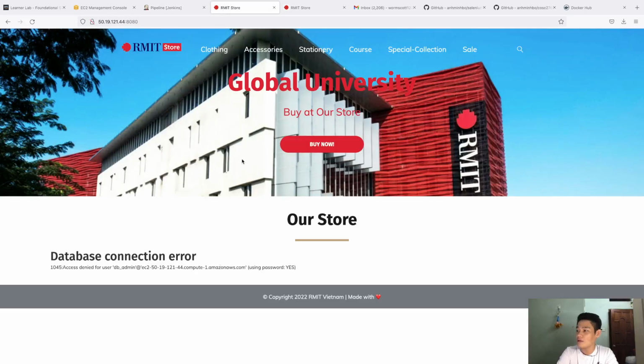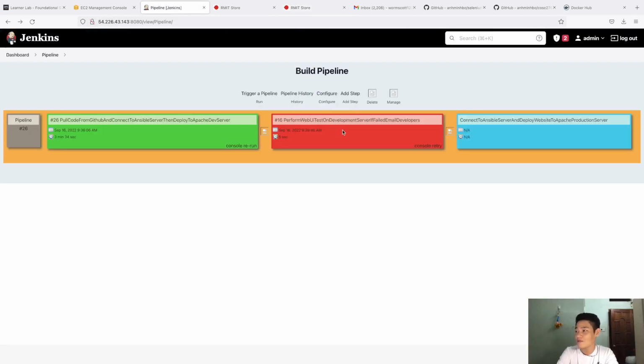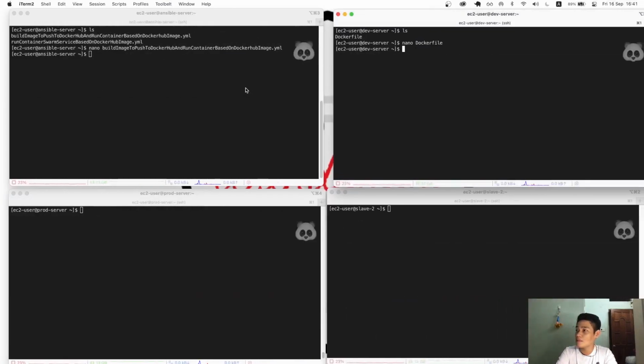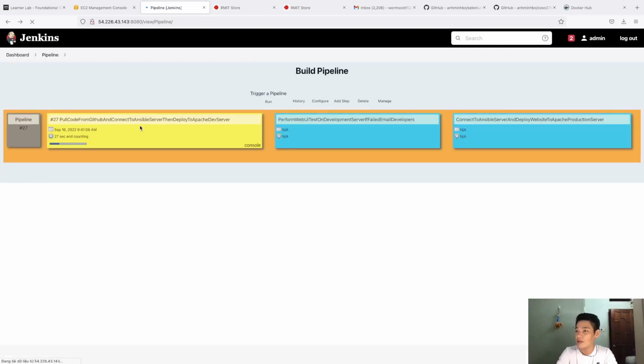So as you can see, when this one failed, it doesn't actually affect our production server, because when this one failed, the website is not deployed to the production servers. It just stops the flow here and emails the developer about this. Let's see what I'm gonna show you. Okay, I'm gonna take a look at this. So right now I think when I commit code, yeah,